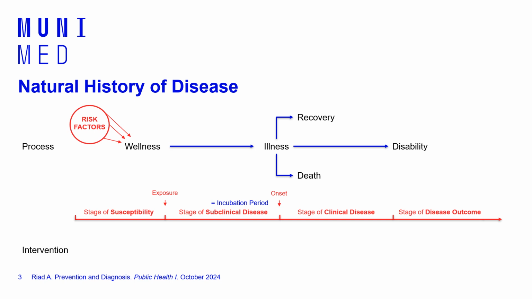Okay, so if we would like to control these 4 stages, we have the opportunity to do so by using various applications or interventions from preventive medicine. The first group of interventions we can apply at a very early stage, before the stage of susceptibility. So before people get engaged with risk factors, we can make changes in their environment. Primordial prevention, as you will see later, is focused on changes that target the environment itself.